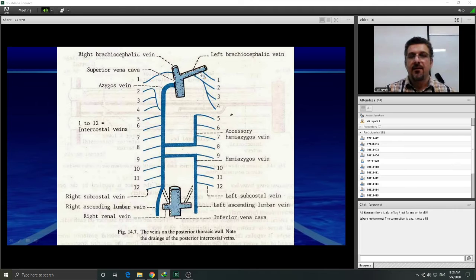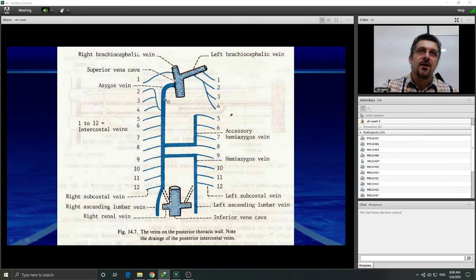All right. So the left brachiocephalic vein gets the first posterior intercostal vein and the superior intercostal vein on the left side. But the right brachiocephalic vein gets only the first posterior intercostal vein, because the superior intercostal vein on the right side is drained by the azygous vein. And as you see in this picture,